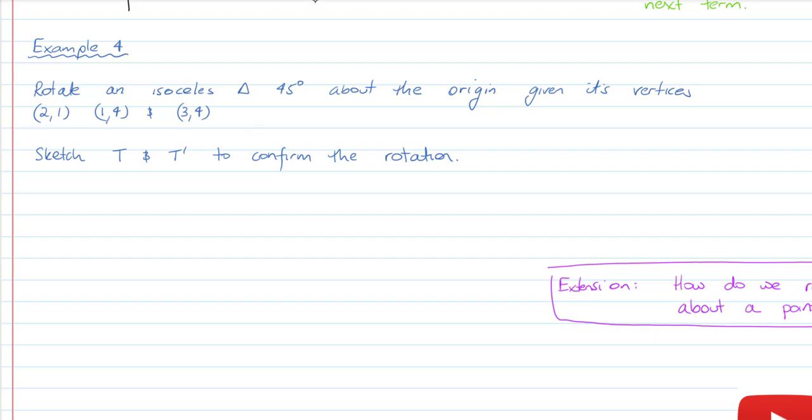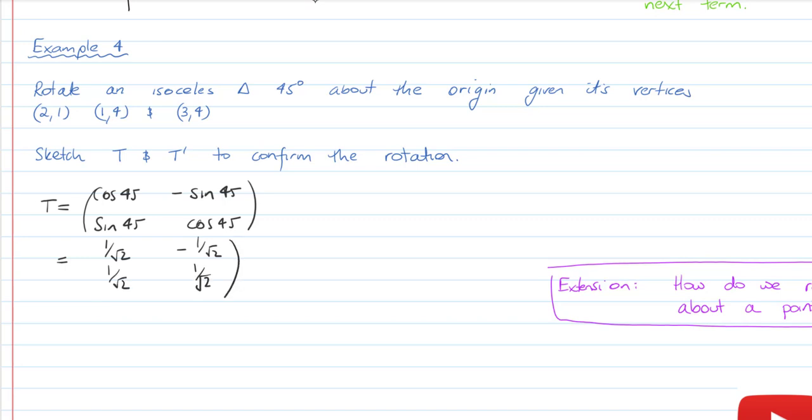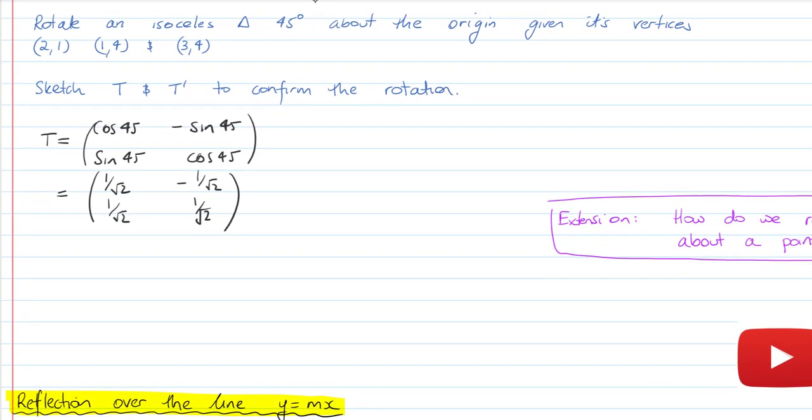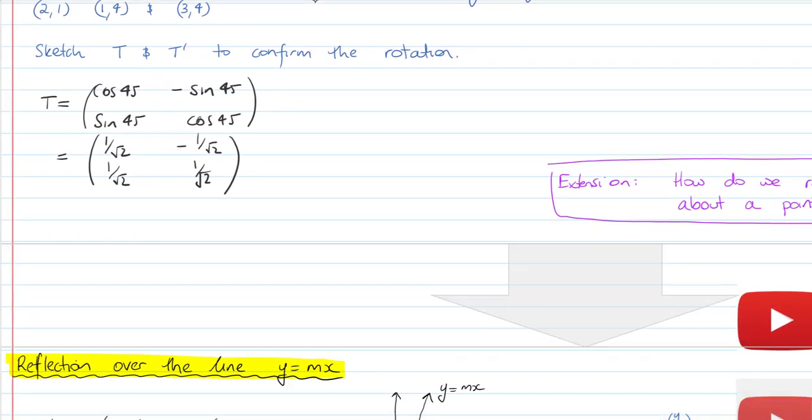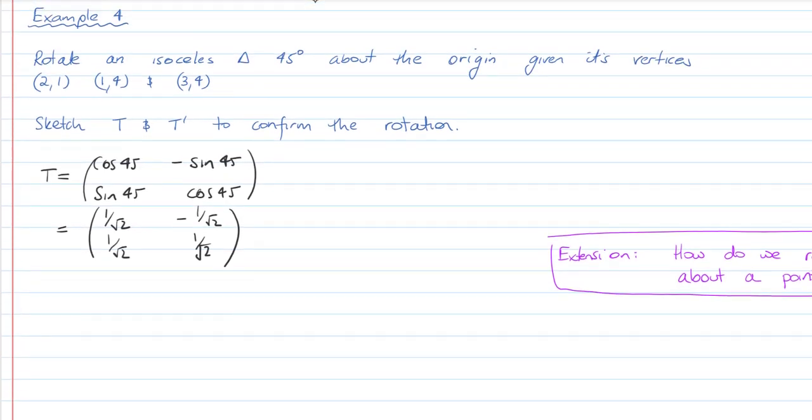Okay, so the 45 degree rotation, T is going to be equal to cos 45, negative sine 45, sine 45, cos 45, and that's going to be equal to 1 on root 2, negative 1 on root 2, 1 on root 2, 1 on root 2, and I want to multiply that by the original shape. Now I suspect, if I remember correctly, I'm probably going to need a little bit more room here, so let's just add a bit of room. I'm going to do T times S, I'll call that the shape, and that's going to be equal to